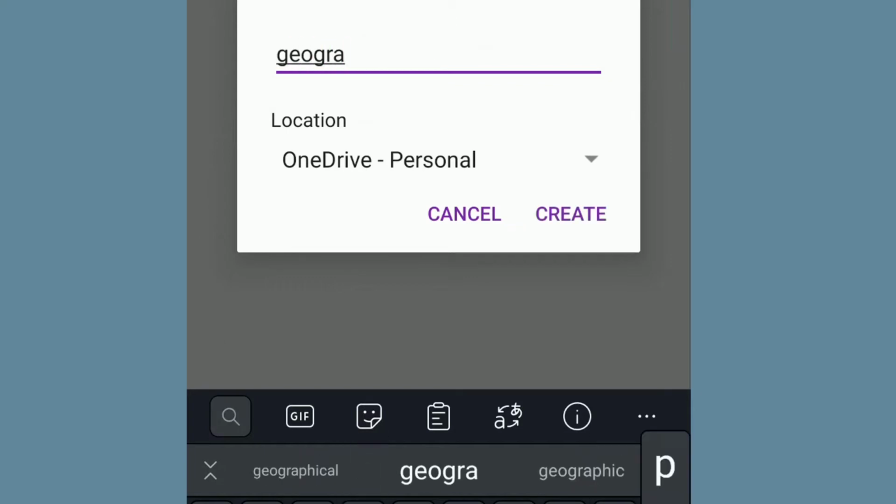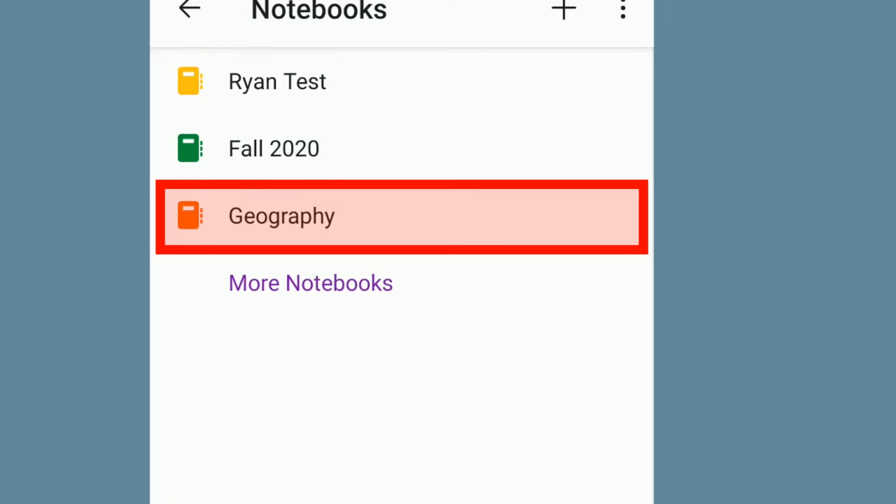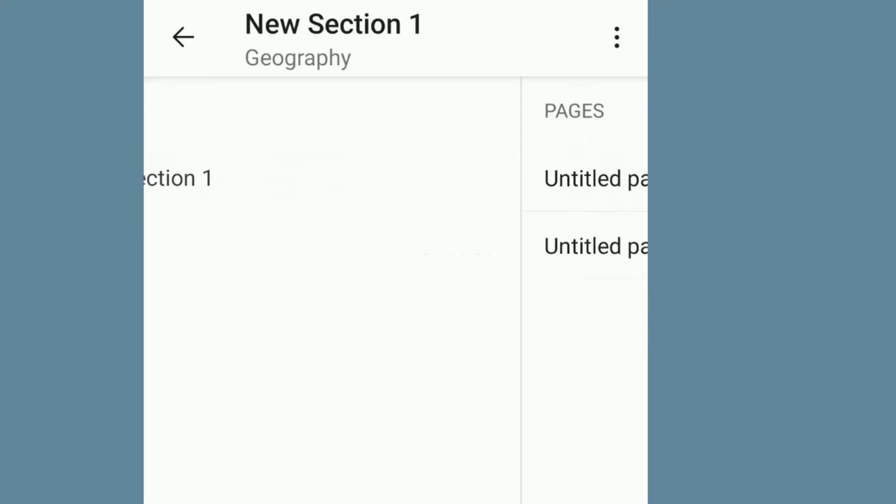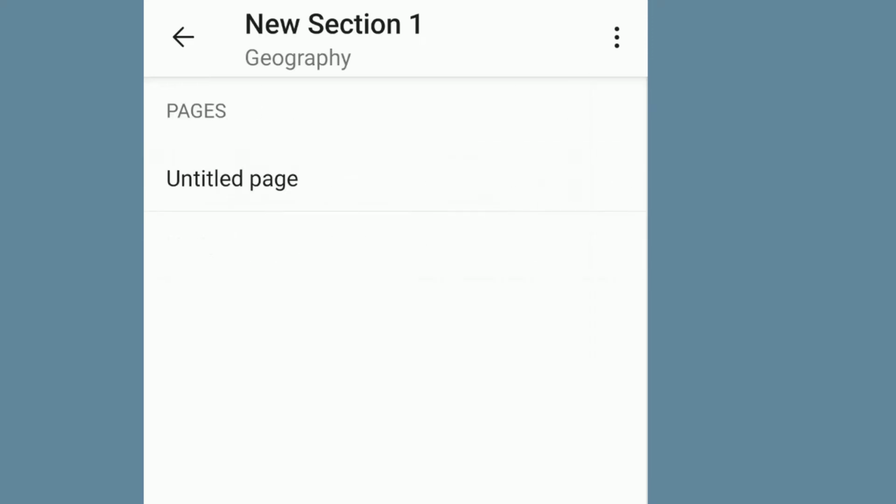And we'll call this one Geography. And now we have a geography notebook. So we can create a section for individual chapters or units inside of the text, or if you had a couple different semesters, you could have a section for each semester. And then of course, again, under each section, then you have individual pages where you can type your notes.